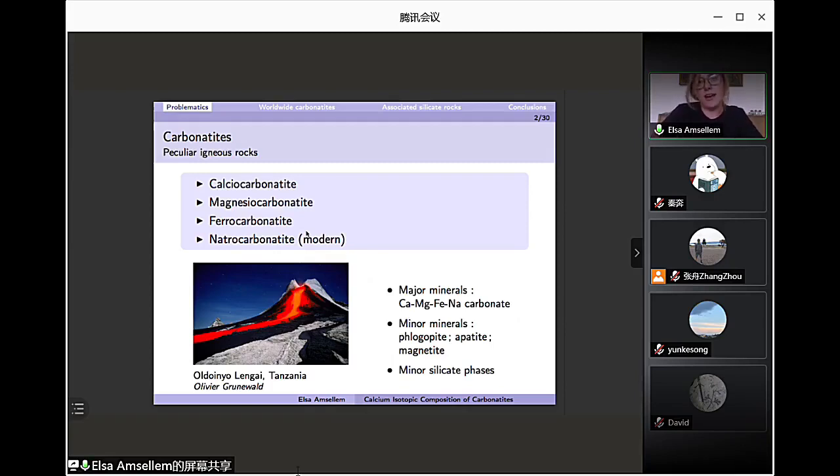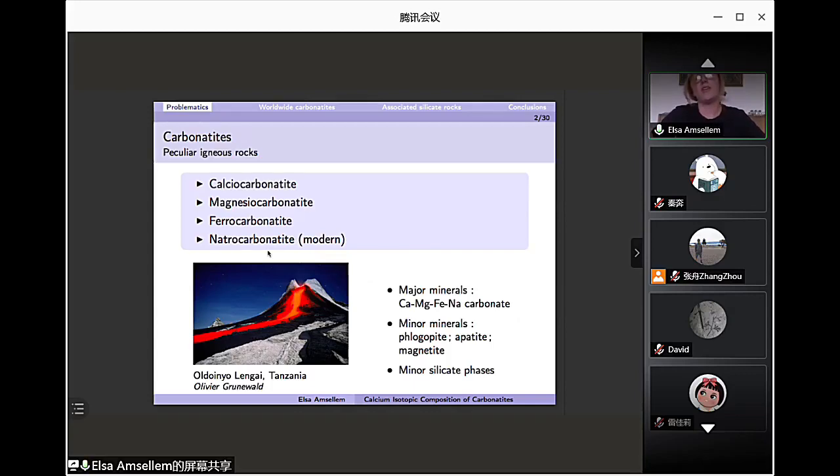The calciocarbonatites represent the most common carbonatites we find, and they are made of calcite carbonates. There are also magnesio-carbonatites and ferrocarbonatites, which are minor, and natrocarbonatites, which represent the modern carbonatites, as the only occurrence of natrocarbonatites